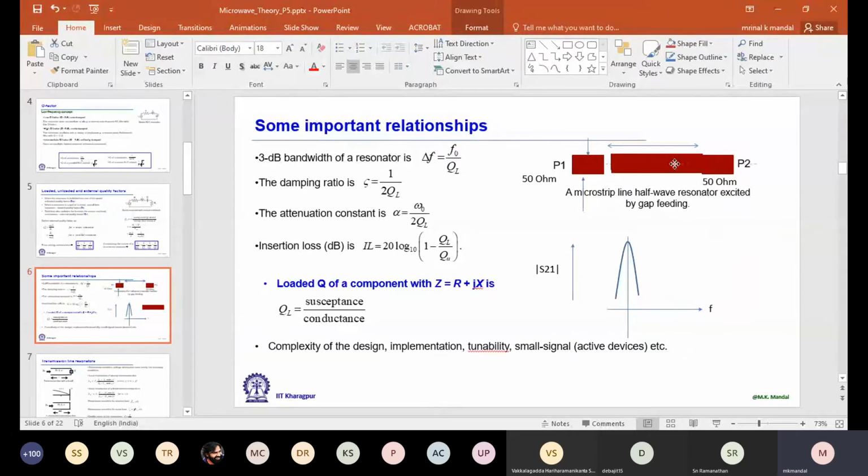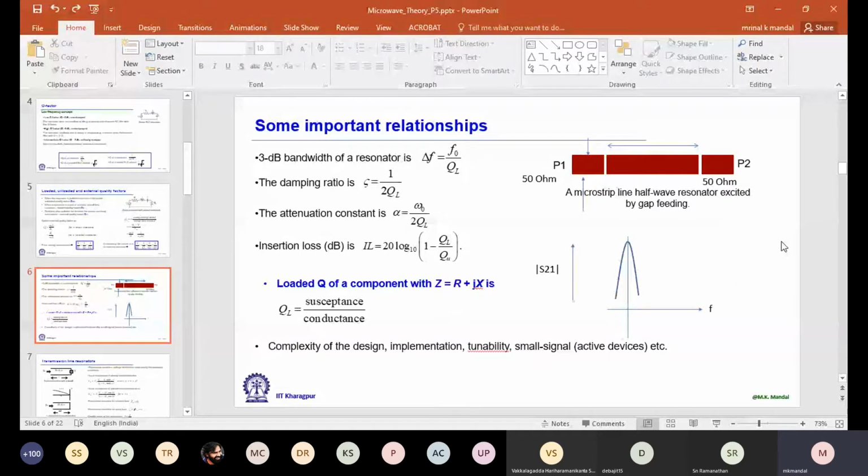But the moment I put it here in the circuit, we have the coupling. Basically, you are disturbing the resonator, and if you are disturbing the resonator, its resonance frequency obviously will change. So in this method, just looking at the peak of S21 or the peak of the transmission coefficient won't give you an accurate value of the resonant frequency. Later we are coming to that point again, how to determine resonant frequency accurately by using a full wave simulator. So for now,